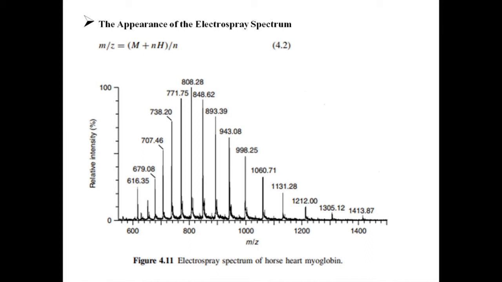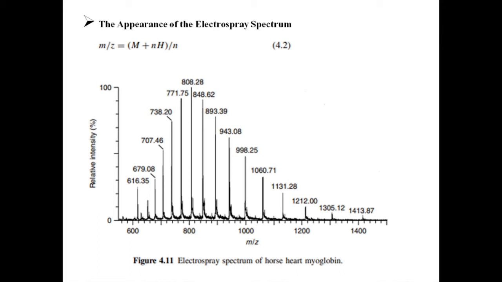Each of the ions observed arises from attachment of a different number of protons and an equivalent number of charges to the intact molecules. In contrast to ions generated by other ionization techniques, these ions do not occur at integer mass to charge values, and this non-integer part of the mass is of crucial importance when making a precise determination of the molecular weight of the analyte involved. This is one of the major uses of electrospray ionization.